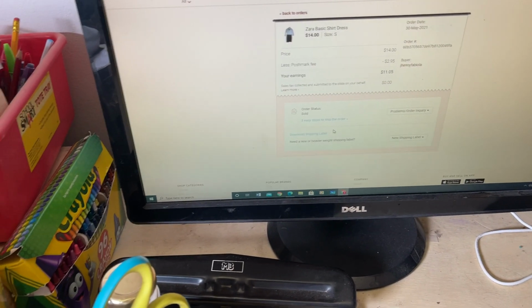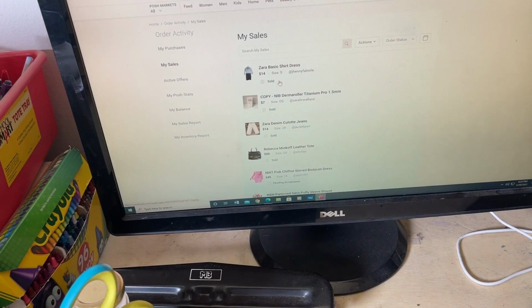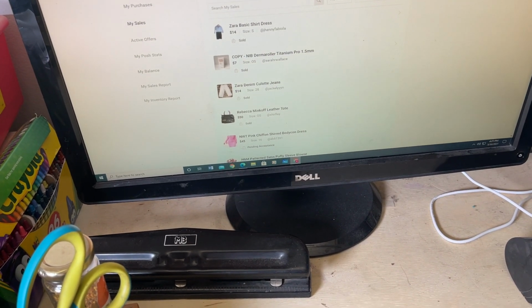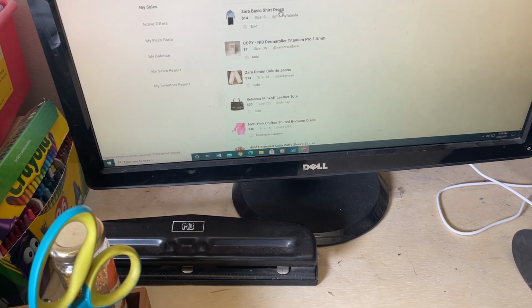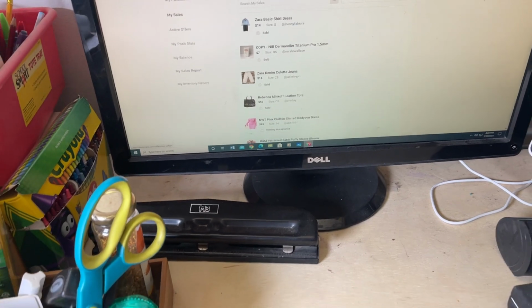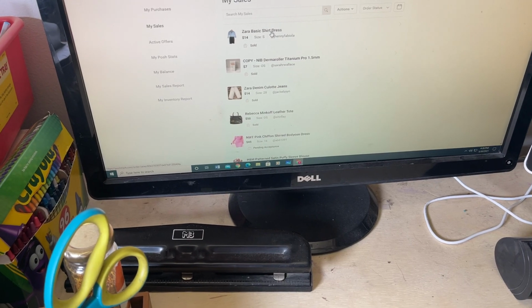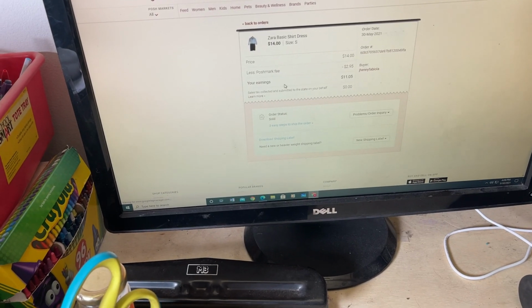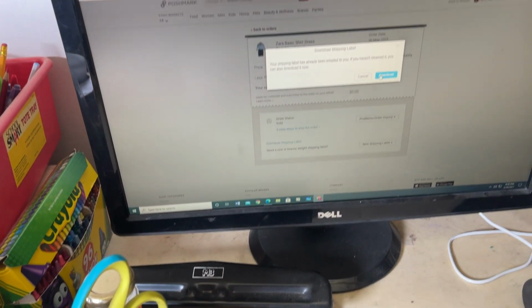So with the Zara dress, you just go to sales, my sales, and I'll show you everything you sold. Some of the things that I didn't think about before, but I do now, is I constantly go to my offers, because if you have a lot of followers, your stream can get really busy. So make sure you check your offer button at least a couple times a day, just in case somebody either purchased something or is offering. I've missed some offers because I don't check them, so I'm making it my goal to do that. So then I clicked on the dress, download the shipping label, download,